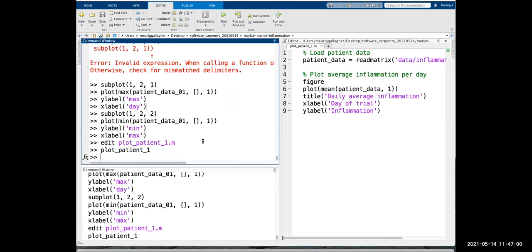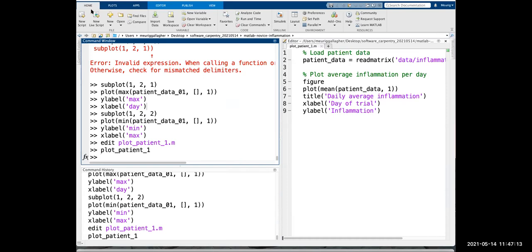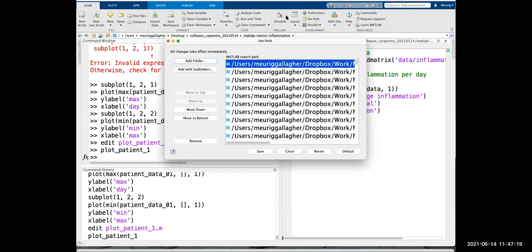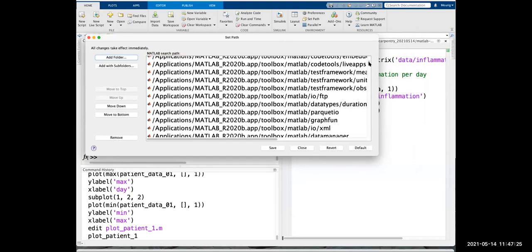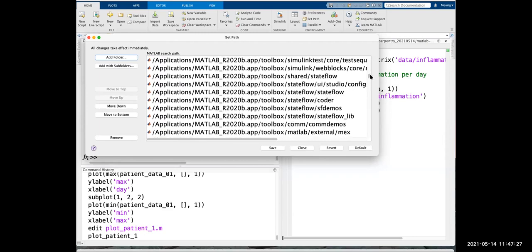The MATLAB path is basically a list of directories that it knows to search. If we click on home at the top, there should be something in the environment section that says set path. We can click set path, and this shows all the folders that MATLAB will search to look for different functions.